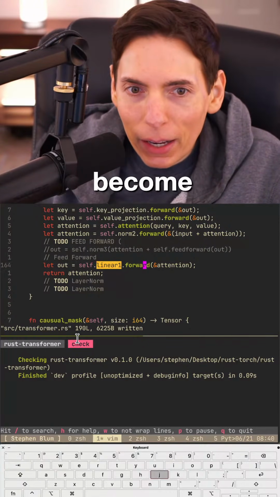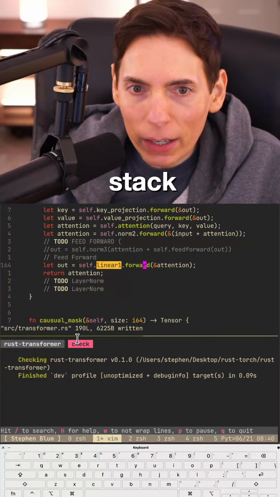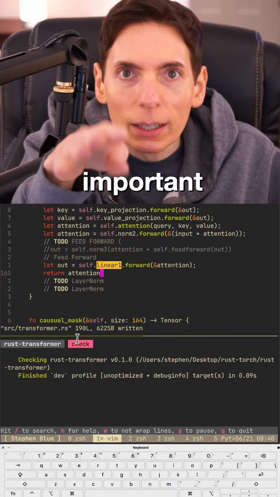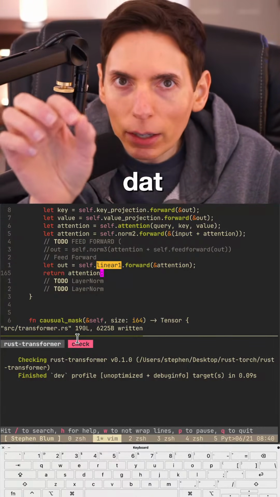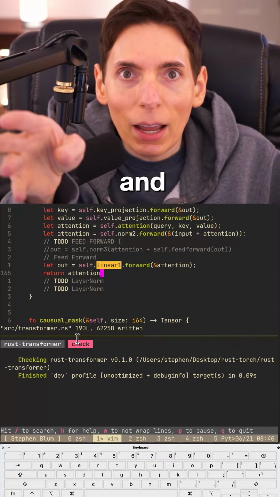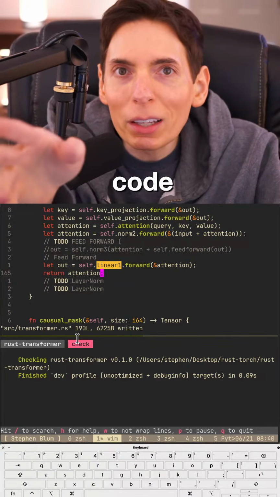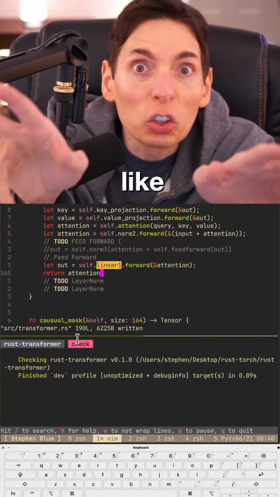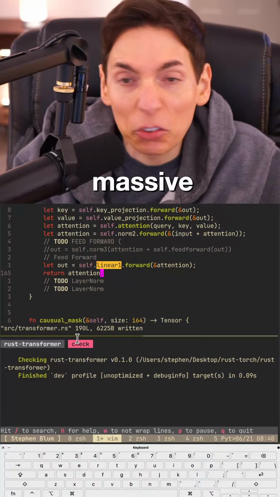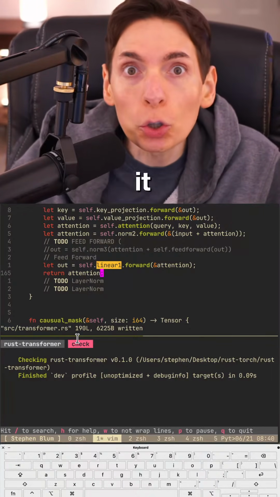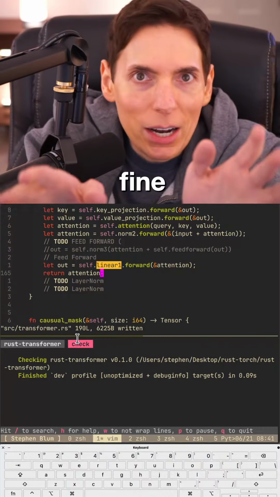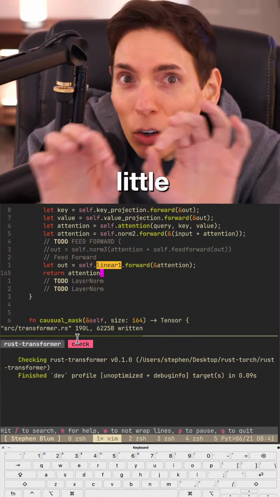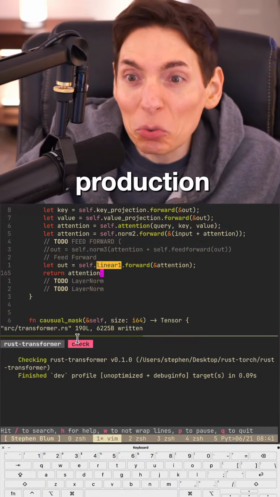Can you become an excellent AI and machine learning engineer without learning full stack development? Yes, I think so. Although you will have a problem though. Check this out, this is really important. Throughout my career, I've seen data scientists code. I know we have AI to write for us now. However, the code they had did not look like production ready code. It looked like just a giant script of massive spread of waste. It was ridiculous. Sure, it might have been accurate. It might have worked fine in the notebook, but it didn't work for production. So you do need a smidgen of some production grade coding, you guys.